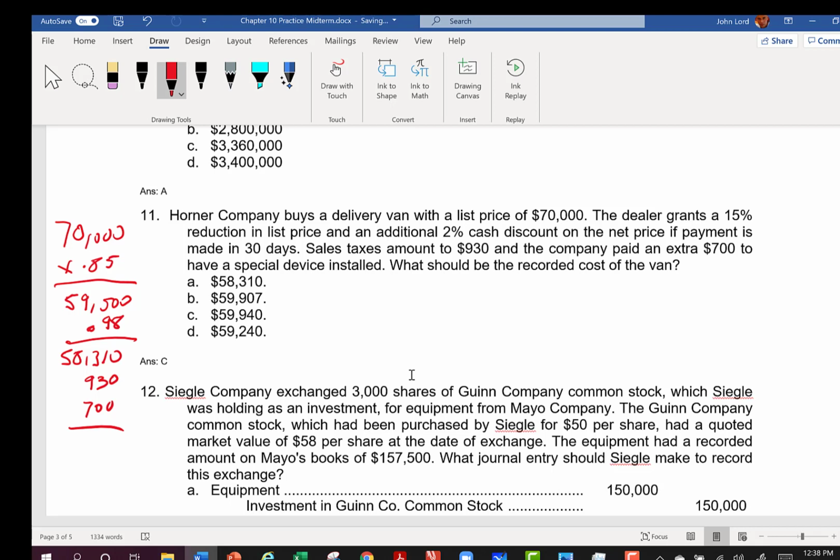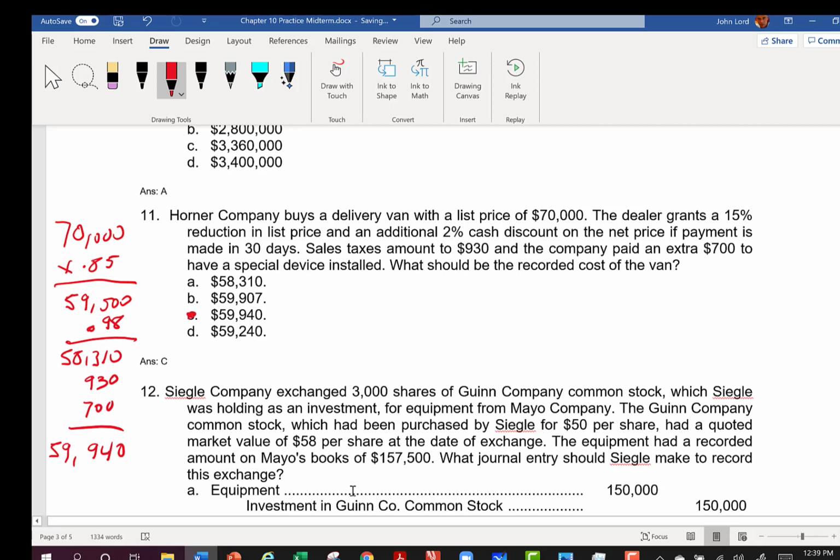58,310 plus 930 plus 700 gives me now 59,940, the correct answer to this question. But I'll tell you, I don't like a question that's got me guessing, but that's the way that would work. Okay,